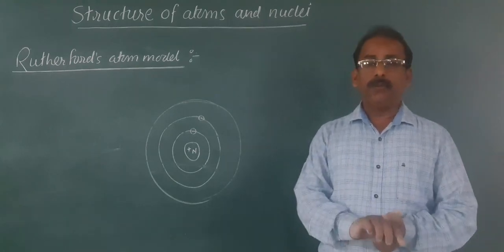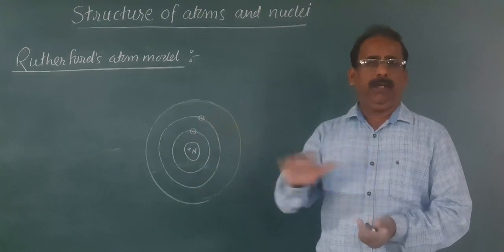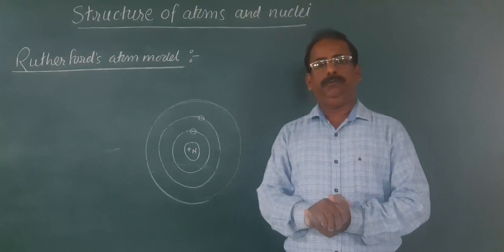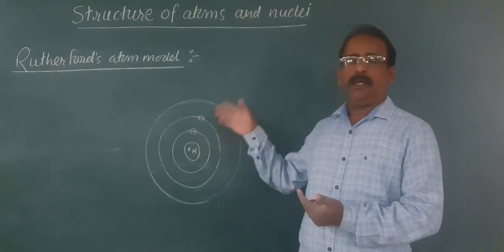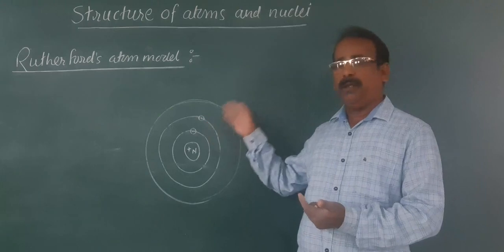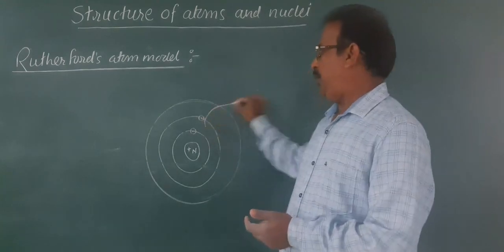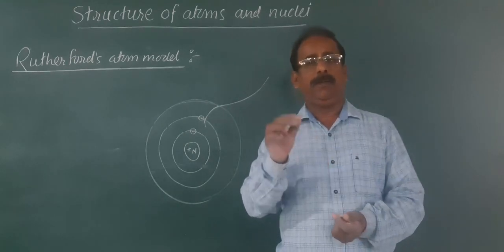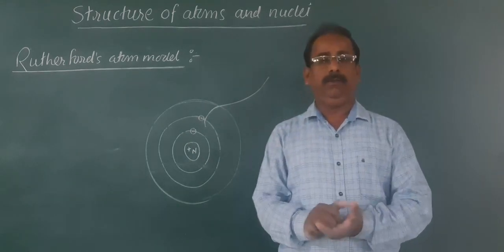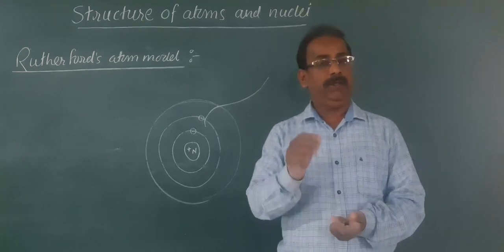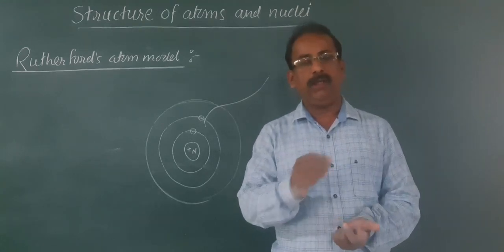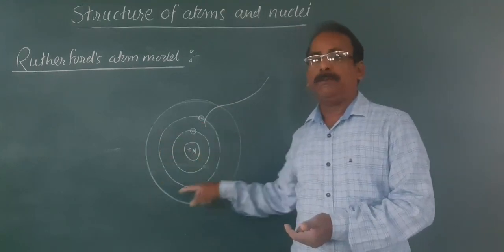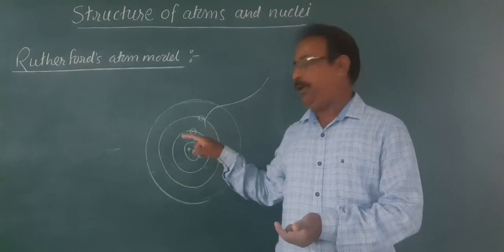Also, according to classical wave theory, electromagnetic wave theory, if there is a continuous emission of energy radiation from this revolving electron, then the energy of the electron should go on decreasing. The energy of the revolving electron should go on decreasing, and finally this electron, by following a spiral path, should fall into the